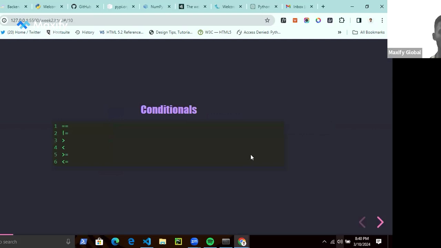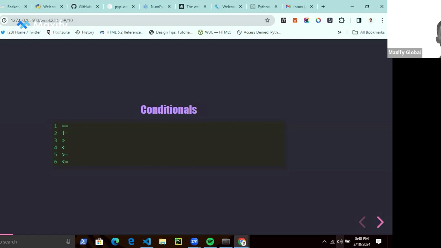Now let's talk about conditionals. Conditionals are essentially operators. They allow programs to make decisions, as if your program has the choice between taking the left road or the right road. We discussed some of these operators last week.